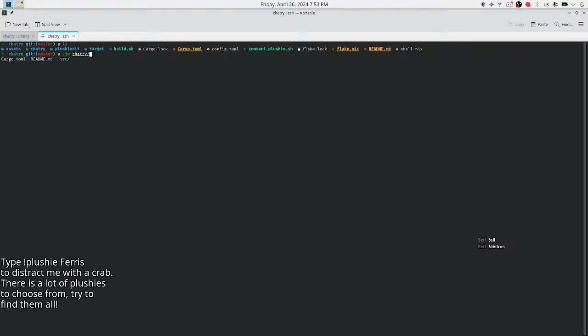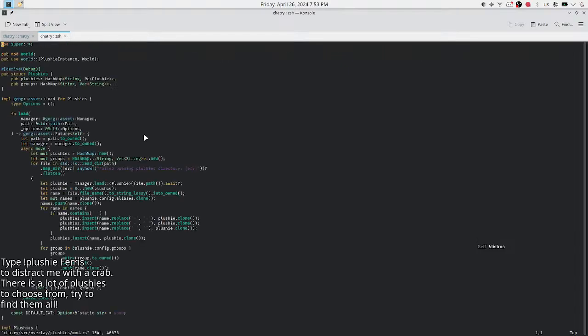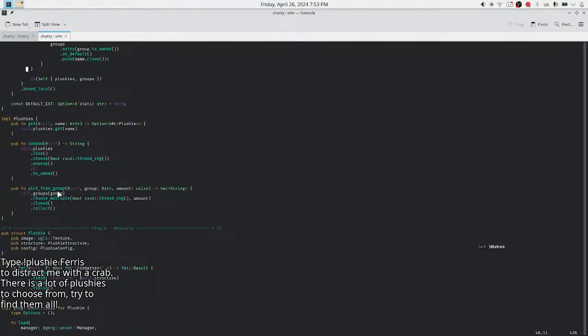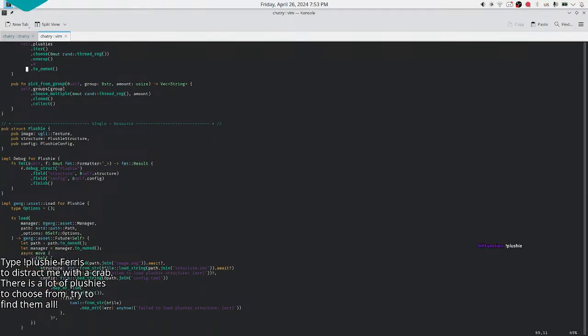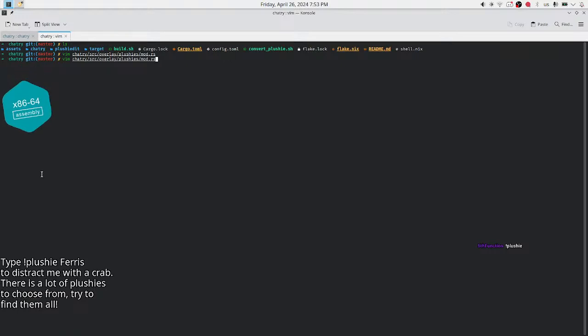Chat tree, source, overlay, flashes, modars. I think it's this. Groups, and so I actually need